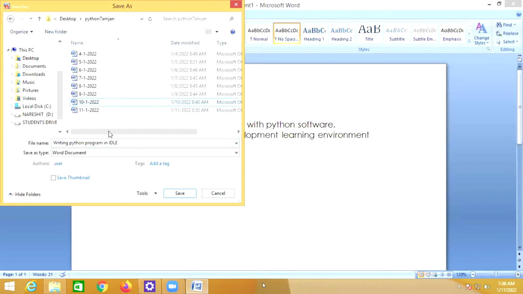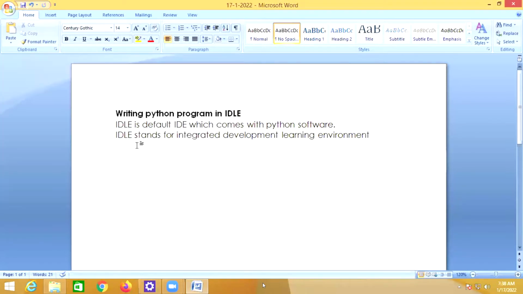This is the default IDE which comes with the Python software. IDLE is the name of the IDE.